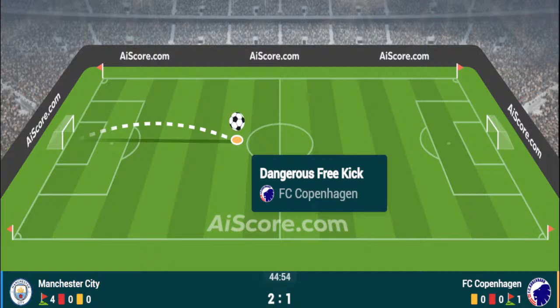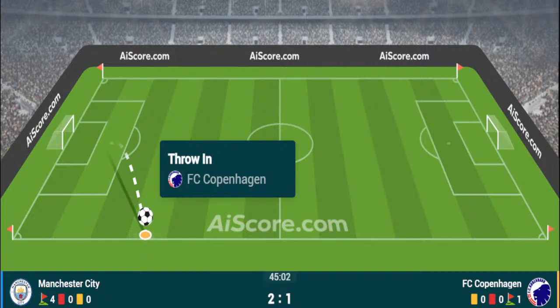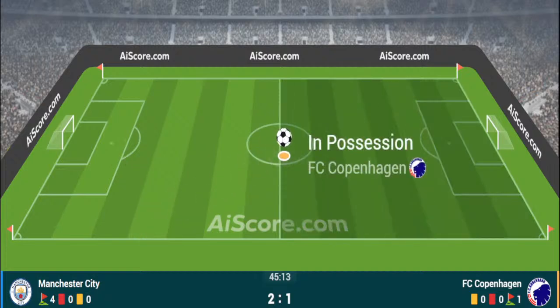but now it's familiar side of City on the ball inside Copenhagen's half, and everybody's gone into pressing positions. And with Lewis in towards Akanji, it does feel like a training exercise at times when City get into these positions. We're into the final minute of the half here at the Etihad, one that City have controlled. The lead suggests that, 2 goals inside the first 9 minutes. Akanji with Alvarez doubling up, but Copenhagen did pull one back over Manchester City